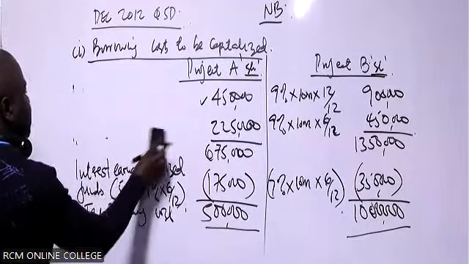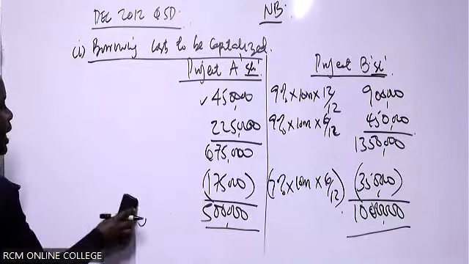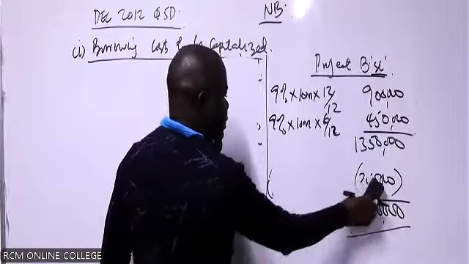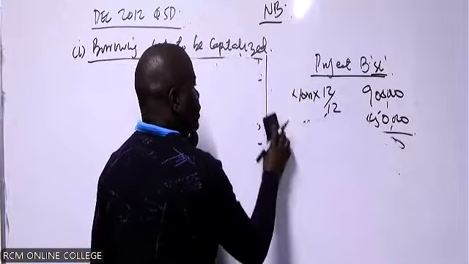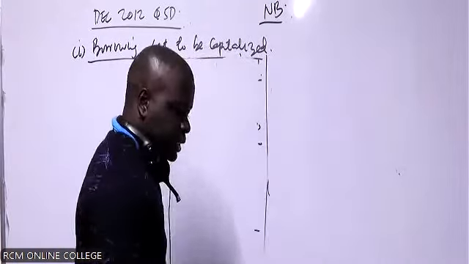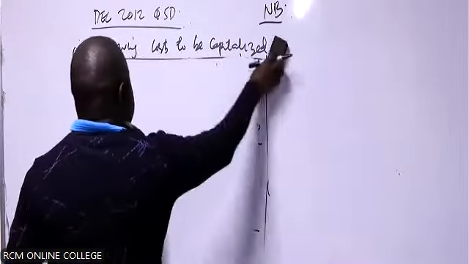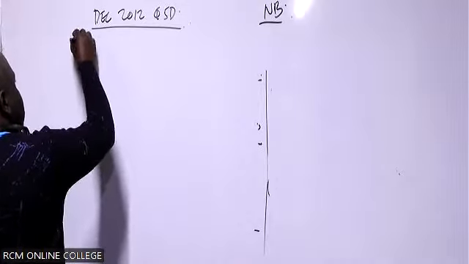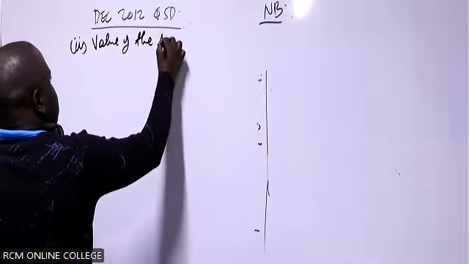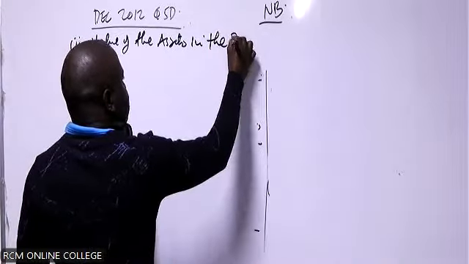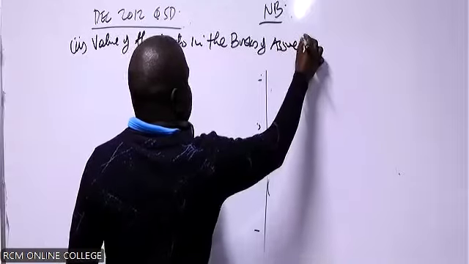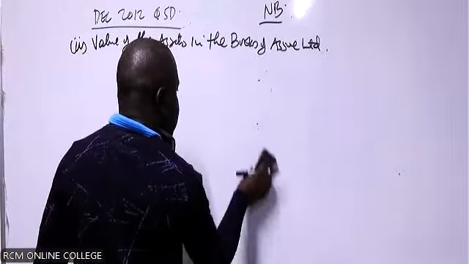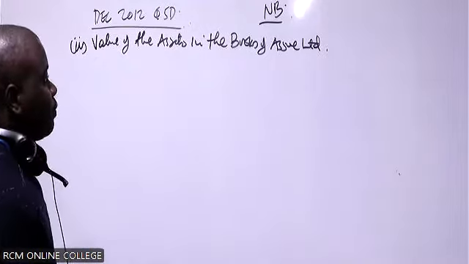So let's look at the amounts to be accounted for as the value of the assets for Project A and Project B. That is Roman number 2: value of the assets in the books of Ashua. So we have Project A